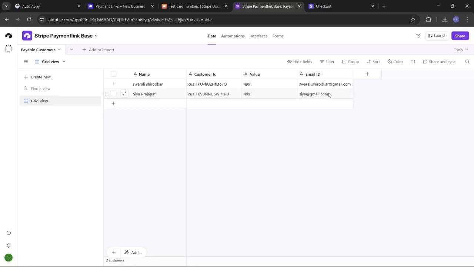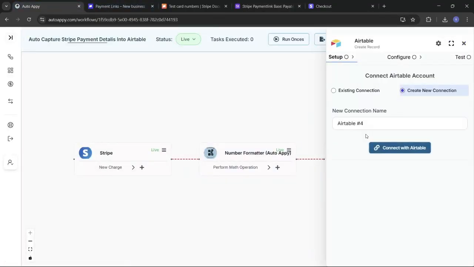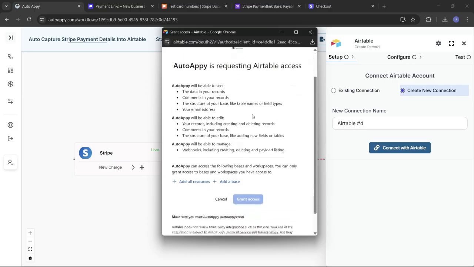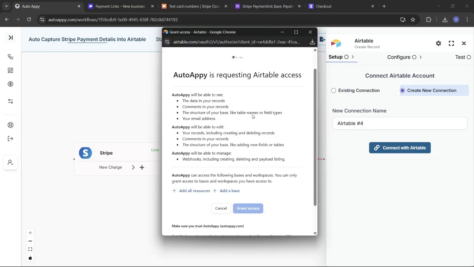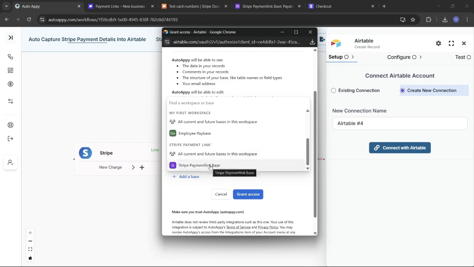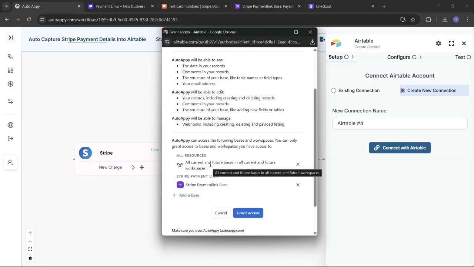So, but we need to perform a similar one. Let's see that in detail. For that, now let's go to Auto API, and here you can just go for Connect with Airtable, where we last stopped. Here it will tell you to add all your resources. We will have to select the Stripe payment link base which we have created. So just say grant access,